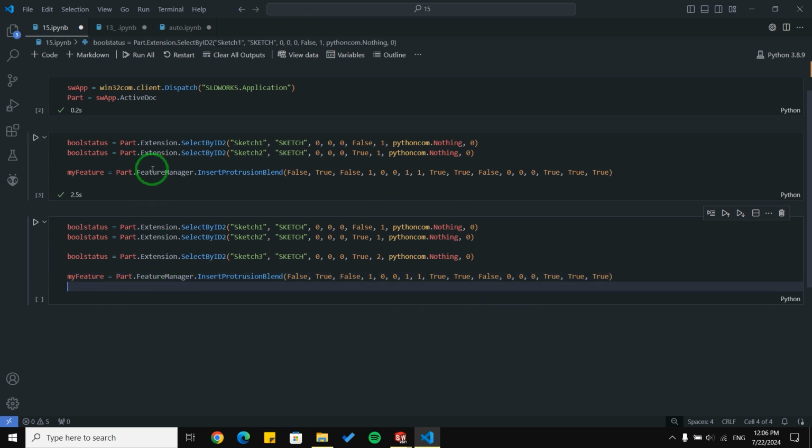Okay, as you can see, these two blocks of code are very similar. So in the first two lines, I select my sketch 1 and sketch 2. And in the third line, I'm going to select my guiding line. I need to bring up 2 points. As you can see, for marks, for these two I use 1, and for these I use 2. So you need to do the same to be able to create a loft with a guiding curve. And the last line creates a loft for us.